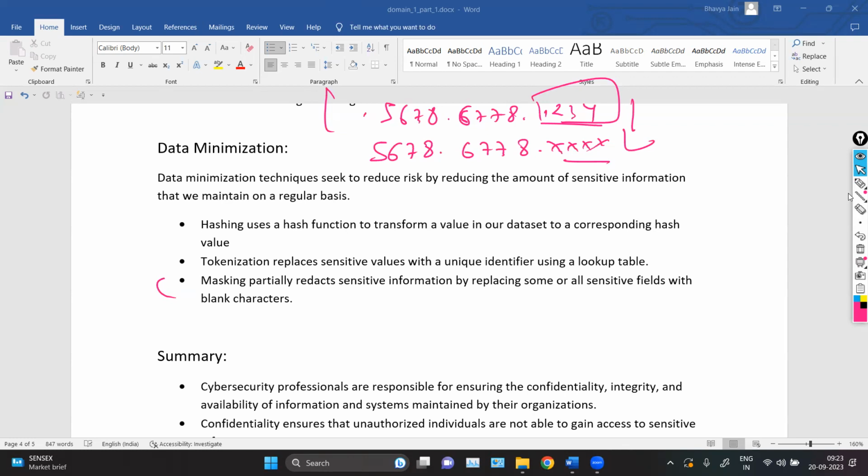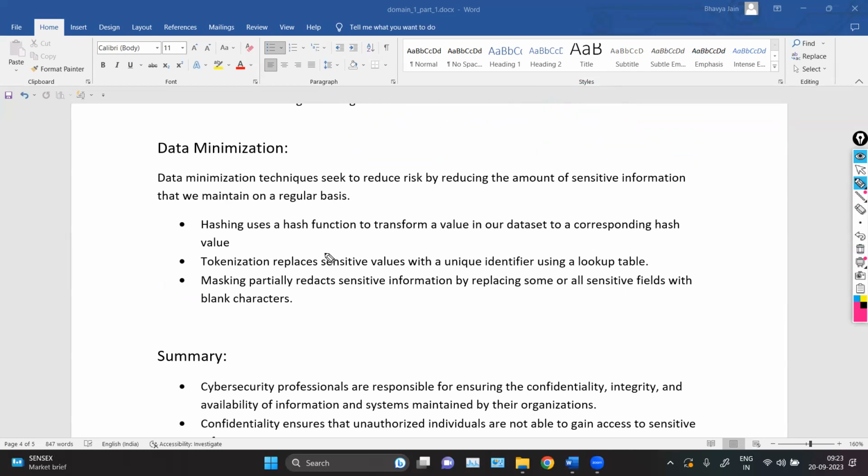For example, now you can transfer this data from user A to B, or you can use this data, because now the data is no longer sensitive because of this masking technique, right? Because now we have replaced the data with this XXX, so your data is now in another form, and no one can completely know your actual data. So that is masking.